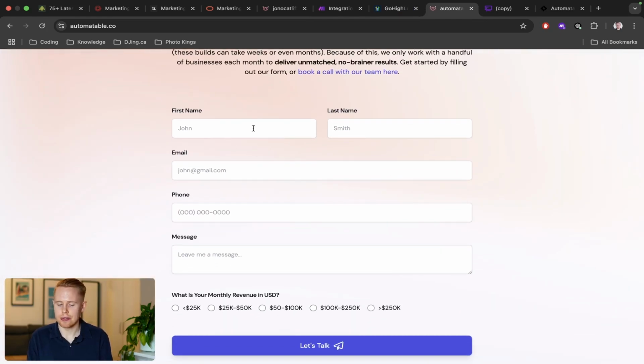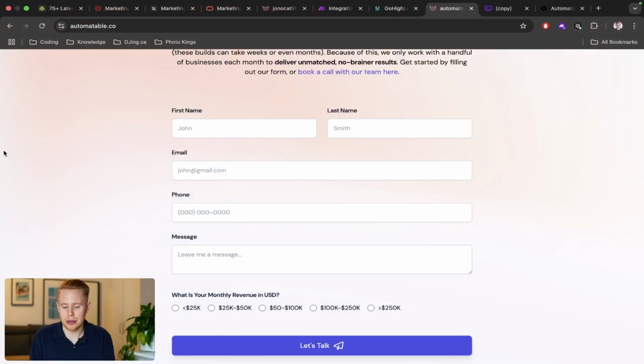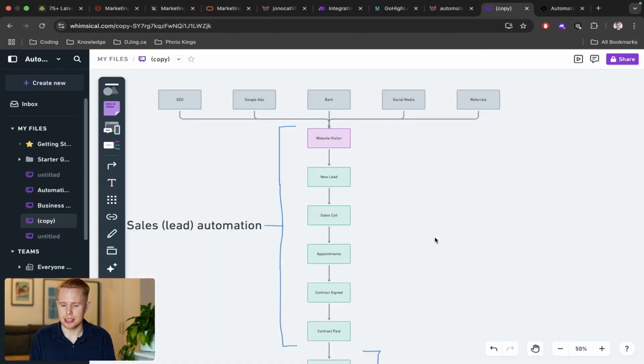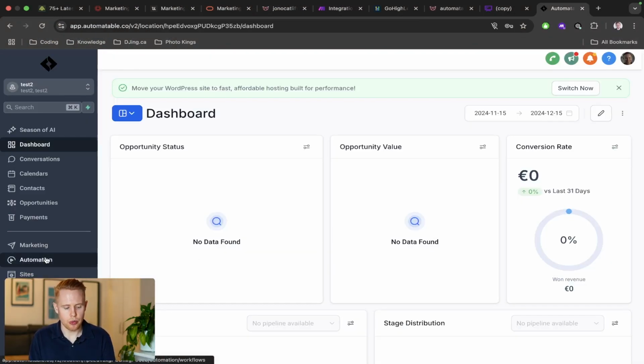And when somebody fills in their first name, last name, email, phone number, and so on and so forth, your goal is to call that person as quickly as possible, because if you call that person within 60 seconds, you increase your conversion rate by up to 391%. That's 4 times the amount of sales. I don't know anything else in business that you can get 4 times the amount of sales by doing a quick 5-minute tweak, right? It's almost unheard of. So that's the first thing we're going to build out, making sure that when somebody inquires, we're on the phone with them literally within 60 seconds. So in order to do that, we're going to go over to the